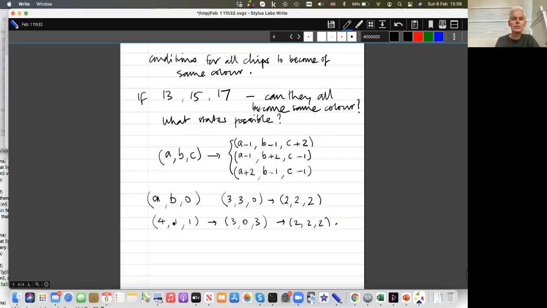I don't know how much I want to check all of that. 13, 15, 17, notice, are not all the same mod 3, so we cannot get them to become the same color. We know that the sum remains the same, so they've got to add up to 45. And so my guess is that you can get pretty much everything that adds up to 45, as long as this one is 1 mod 3, this one is 0 mod 3, this one is 2 mod 3,